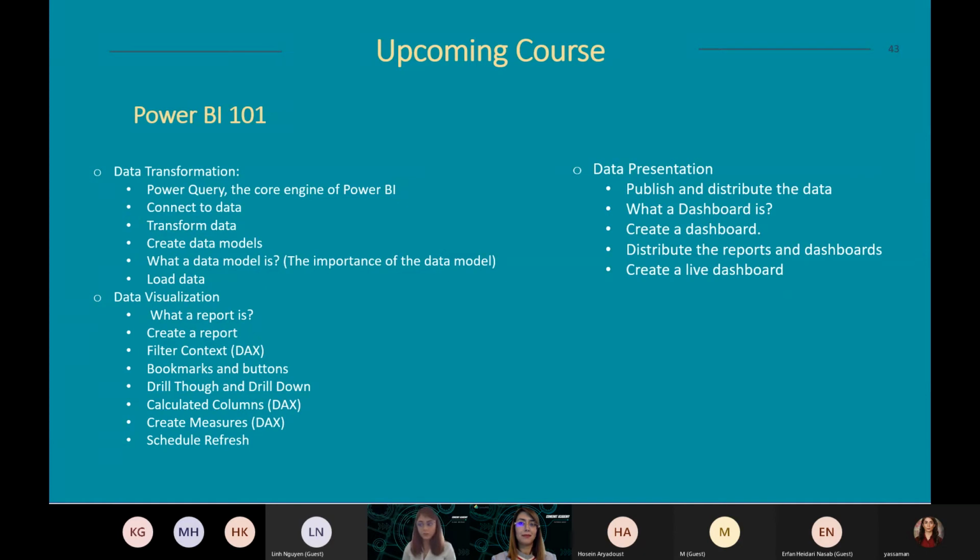We will talk about data visualization later. What is a report? What is a dashboard? What are KPIs? What are different cards and views? What are calculated columns? And how to create a measure, how to create a scheduled refresh. We will talk about DAX in the data visualization module, but we will not dive deep into DAX, because DAX itself needs at least 2 or 3 sessions.